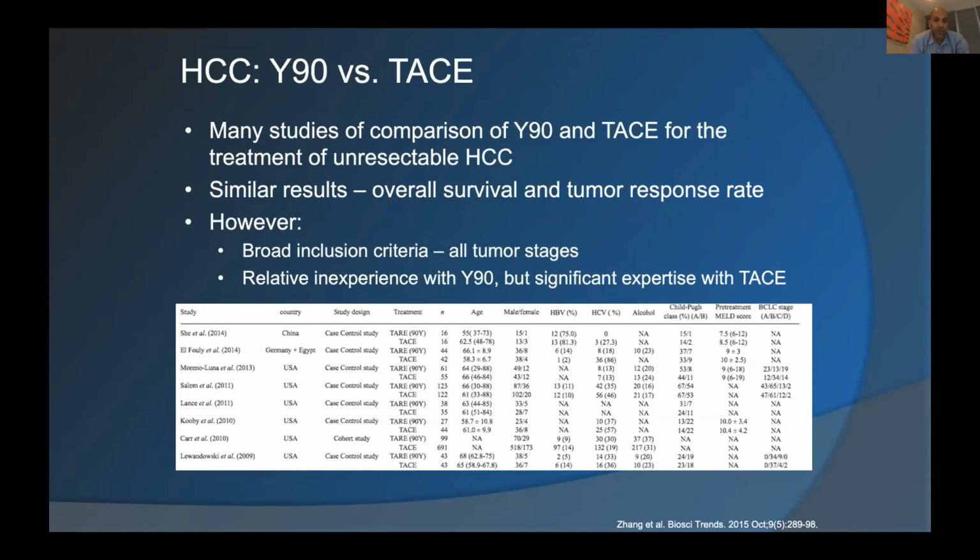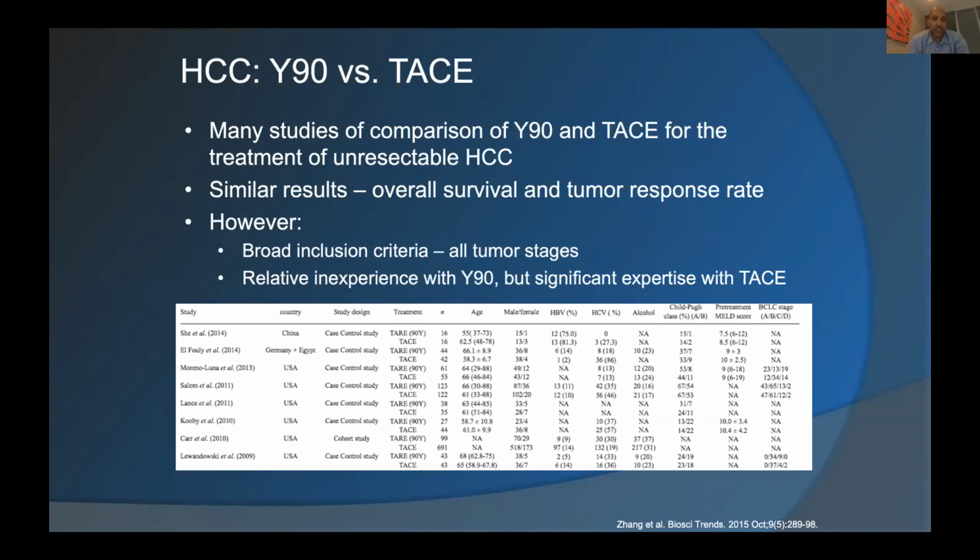And is it possible that in a lot of these trials or meta-analyses, what they did was include all the patients, with early, intermediate, and advanced disease, and put them all into the same boat to get enough patient numbers? And so, is it possible that some patients in some categories benefit better with Y90 and some benefit better with TACE?